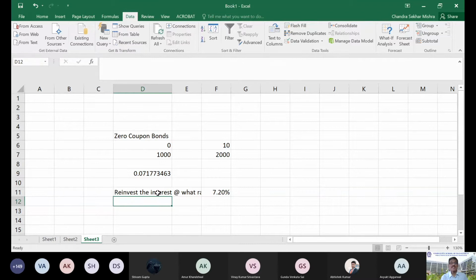Now tell me, reinvestment by the investor or reinvestment by the company? Which is better? Which one will you go for? Tell me as an investor. By the investor, that you will take the money and look for a 7.2% bond every year. Are you getting my point? Every year, I mean up to 9 years, not the 10th year. Every year you will look for a bond which gives you a 7.2% coupon and you have to invest. Then what will happen in the second year?